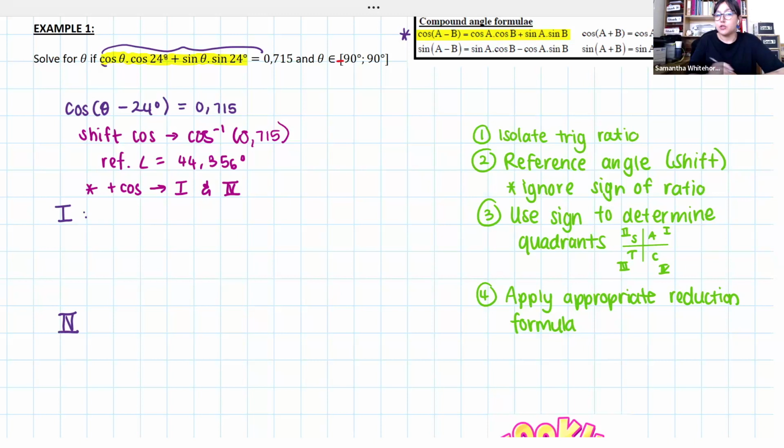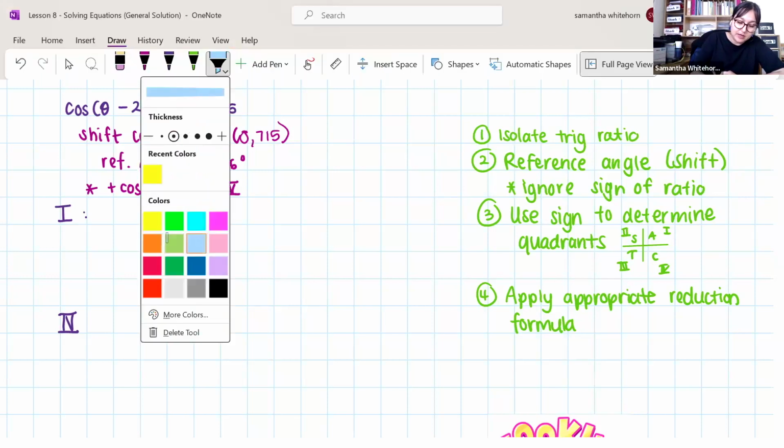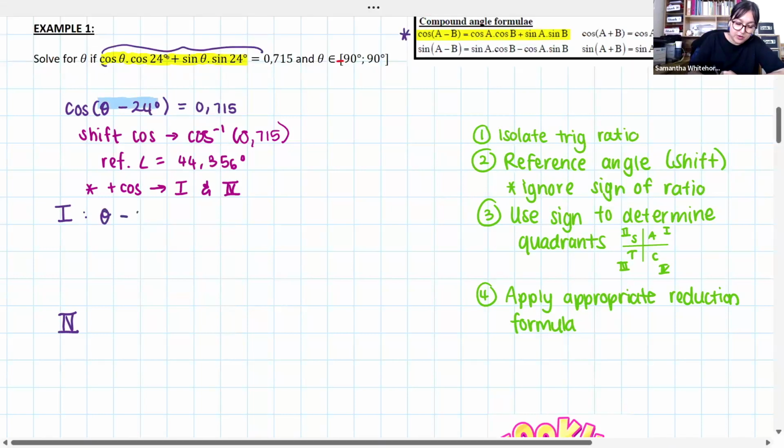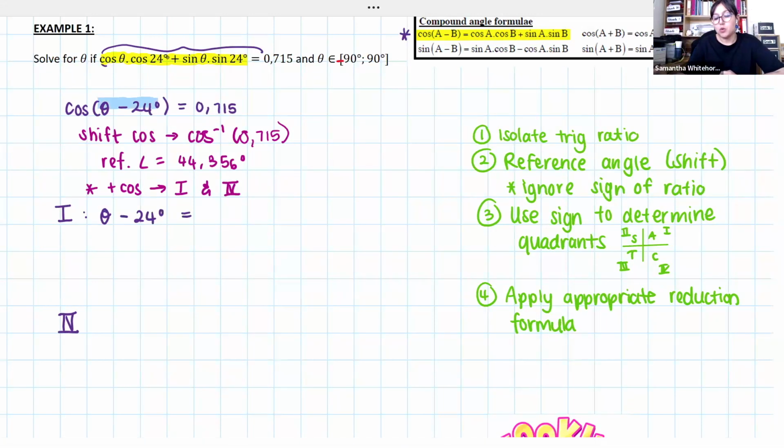Once we've done the shift cos, the cos falls away. I no longer need cos because I've got the angle that is appropriate for the specific ratio I'm working with. What I now do is I equate the angle to the reference angle and apply my reduction formulae. So just a reminder, the angle that we're working with here is the theta minus 24. So that's what we now equate to our reference angle with reduction formula where necessary. So theta minus 24 is equal to, now quadrant 1 is just theta. So it's just going to be equal to the